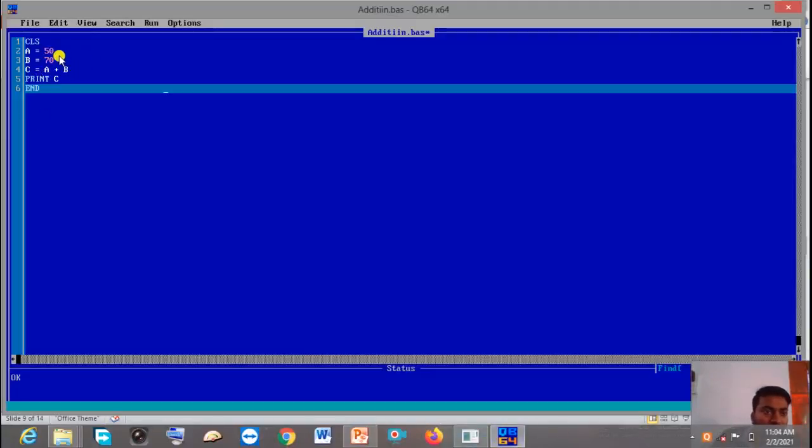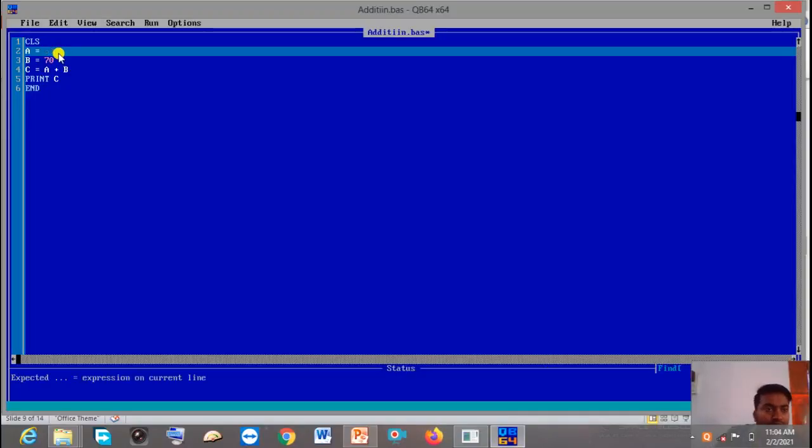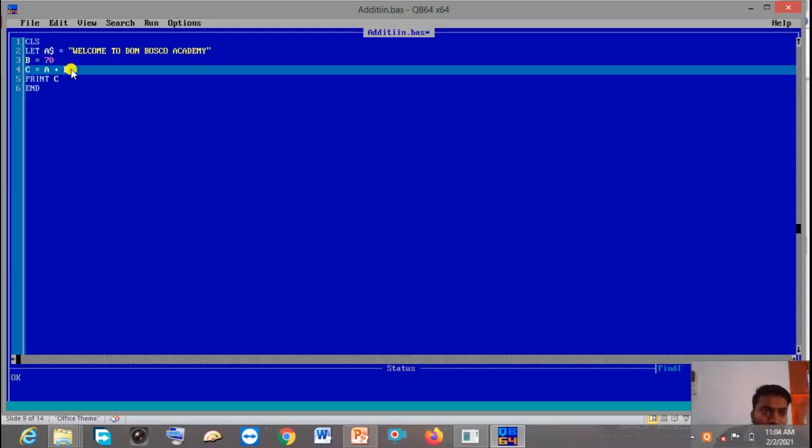Suppose you want to print, let a dollar, within double quote we have to write, suppose you want to print welcome to Don Bosco Academy. Okay, now remove this part.